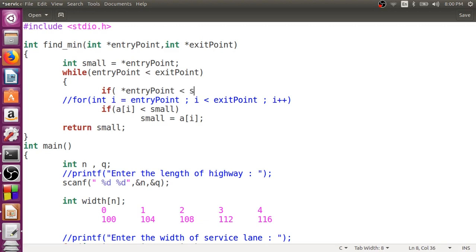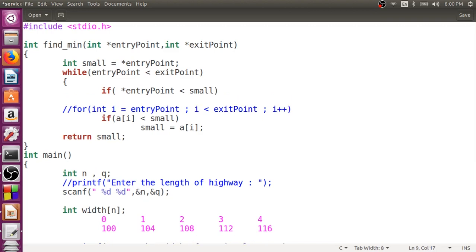If it is lesser than the small element, instead of writing a of I, I'm directly writing value at entry point. And I was incrementing this I. Instead of incrementing this I, I'll be updating this. This part remains the same, very much same. Small equal to